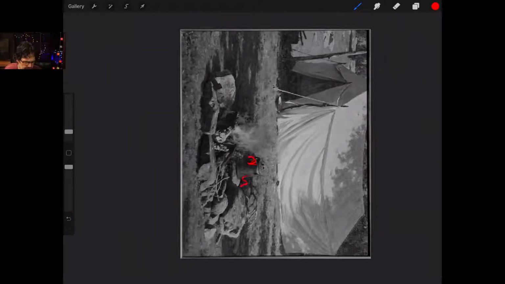So the kettle on the fire, the shadows on the rocks. You guys see how this is a single dark shape that continues into something we're going to call grass, or shadow on the grass. Then what happens to this?